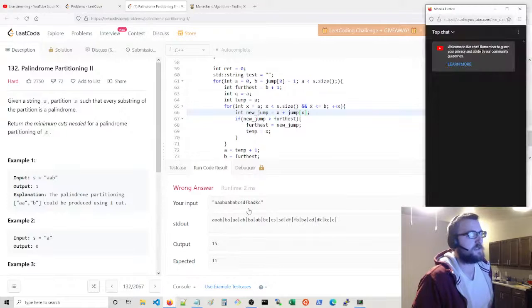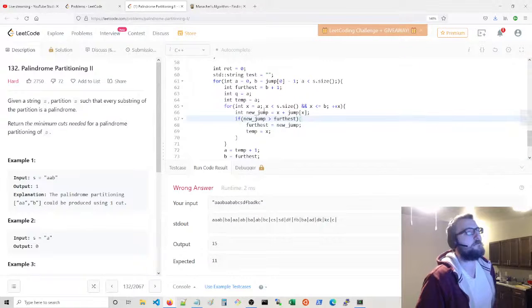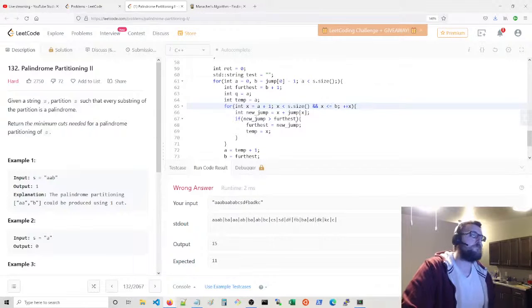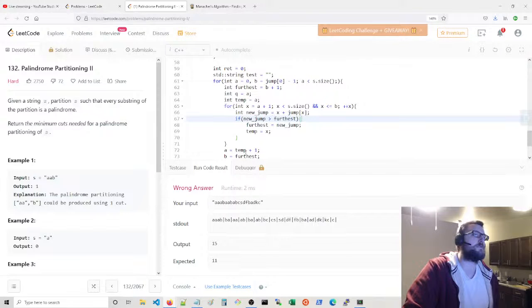We're already processing that. I guess this would have to be A plus 1, really. So anyway, now we can go to, so we get some furthest jump, which really should be, the furthest we would go is